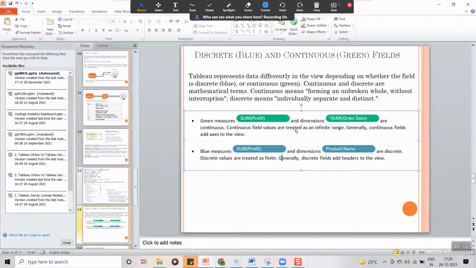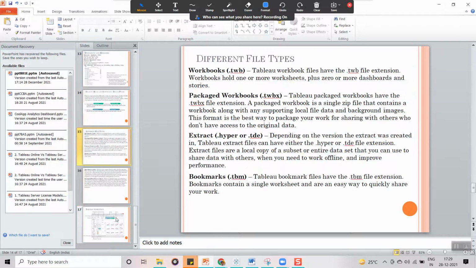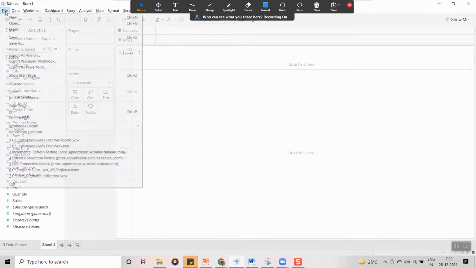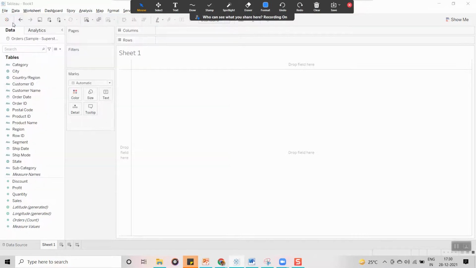Now coming to file types. Yesterday we saw just twb and twbx, right? The difference is the Tableau workbook. For example, let me open yesterday's file, my first work.